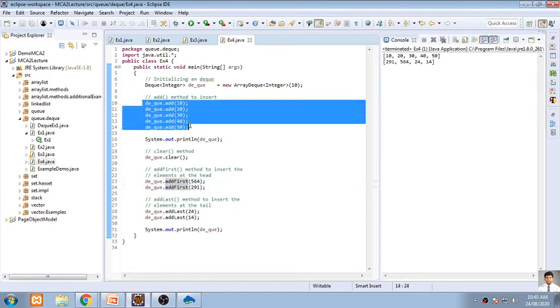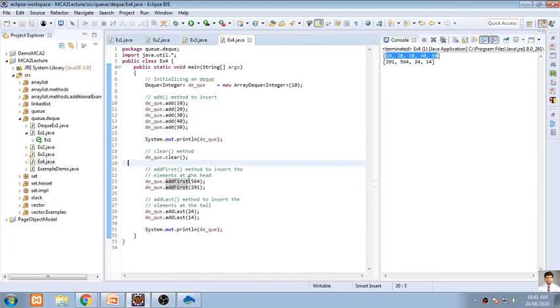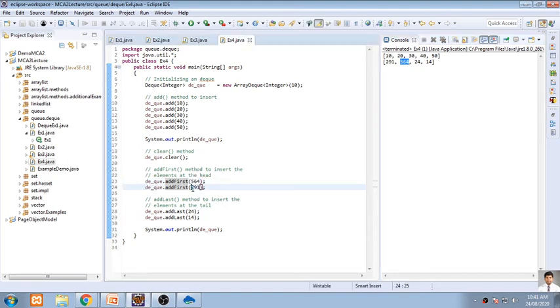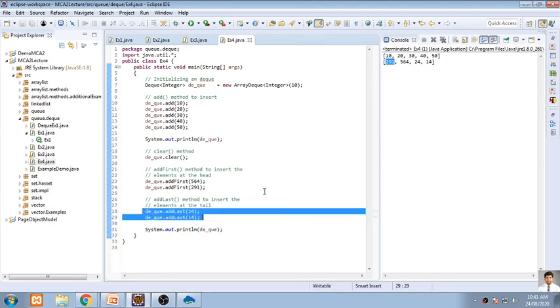Now first what we have done is that we have created all the elements, and these have been displayed. Now what is the first program? First program is that I have added first, so it has been added first. Now again I am saying add 291, so again it will be added first. Now it will be added again into this one, and 291 will be added. So repeated use of addFirst and repeated use of addLast will not create an error in the queue, or in a deque.